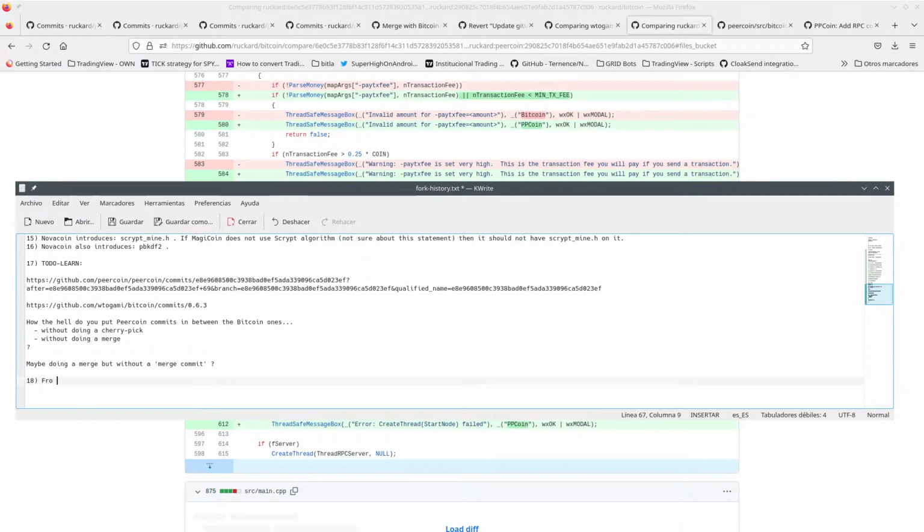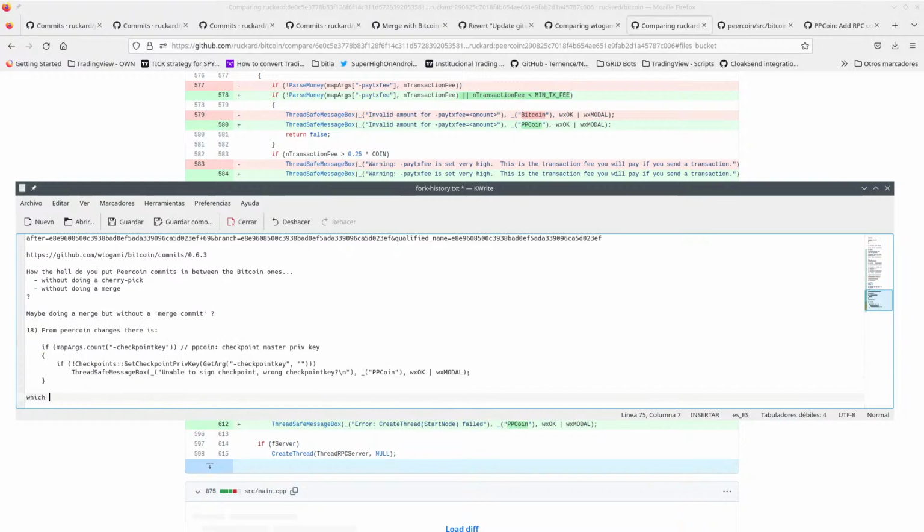So from Peercoin changes, there is something which would let us set our own private key instead of the existing one, if we want to actually fork this coin